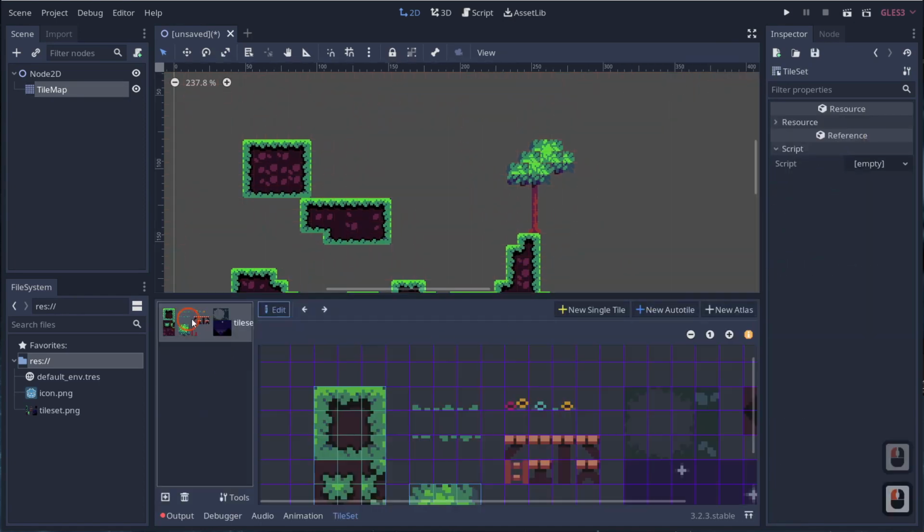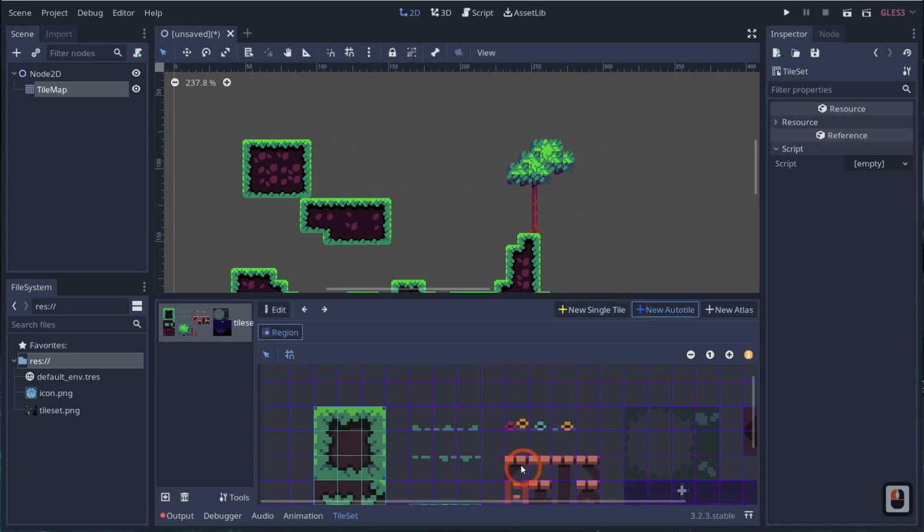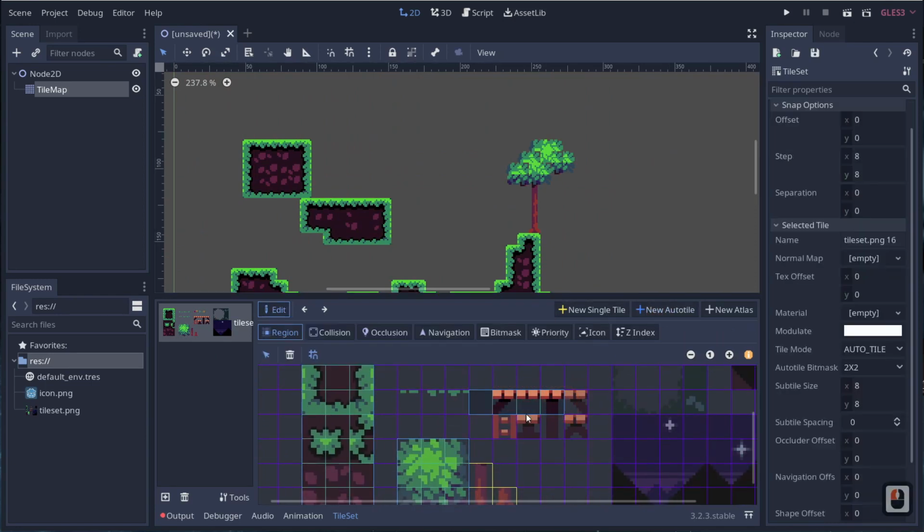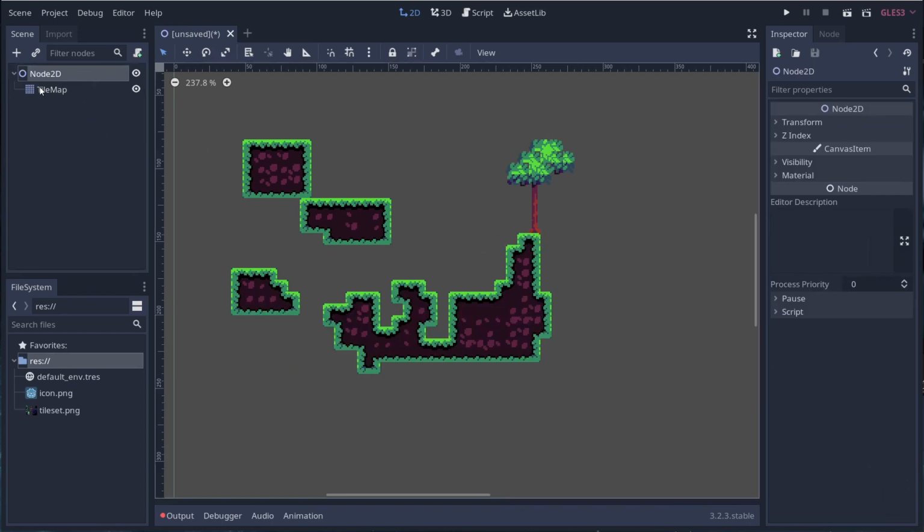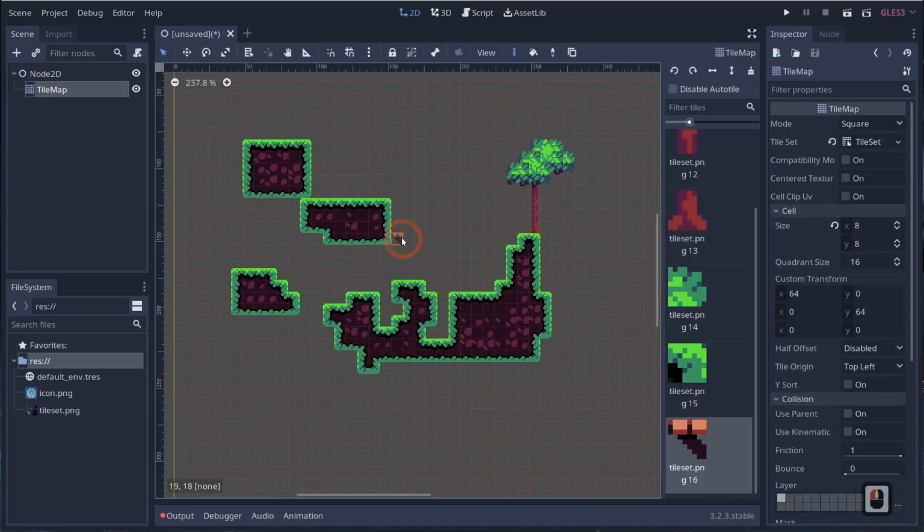And if I go into my tile set and I go ahead and choose a new auto tile and I select this little section here, you can actually auto tile these pretty simple just by adding in your bit mask. And at this point, you pretty much know what to do, right? So you would just kind of drag these in like this. And it should, providing I'm not crazy,